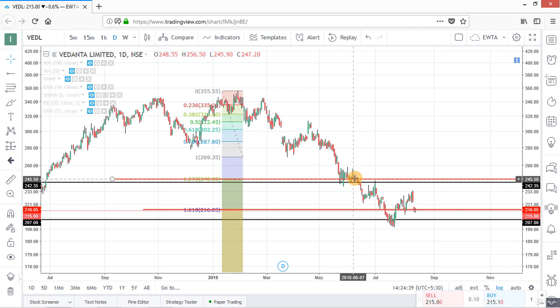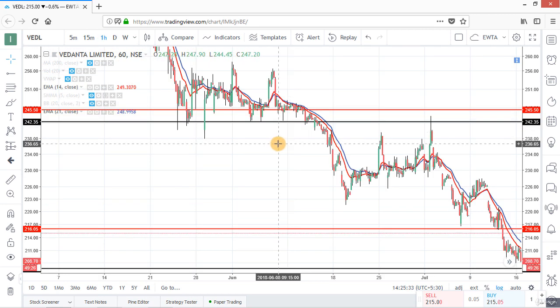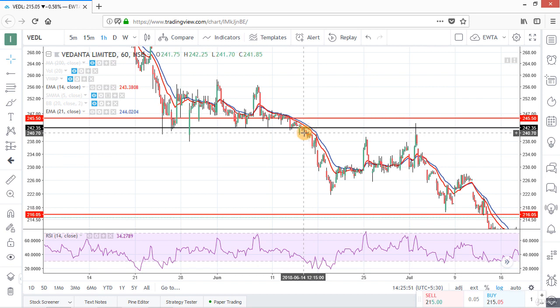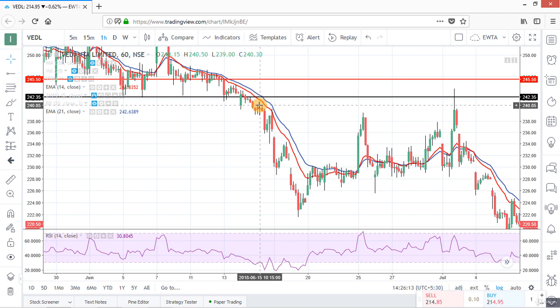Now we can see on this level prices consolidate for approximately 15 days, and now after testing this support level of the weekly chart, prices are consolidating at this level, that is the daily support level. Now we will shift to the hourly chart and apply the moving average set to the chart. Now see here, when prices were consolidating at this level and crossed below it, we are getting a selling signal with the moving average set. So we can make our selling position at this candle.